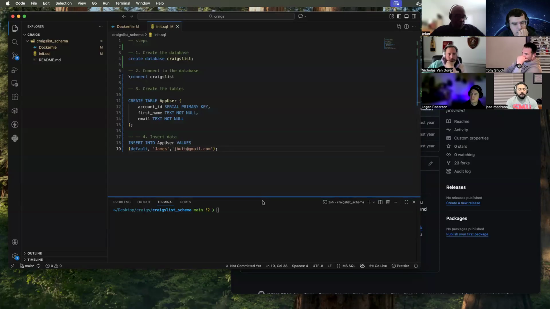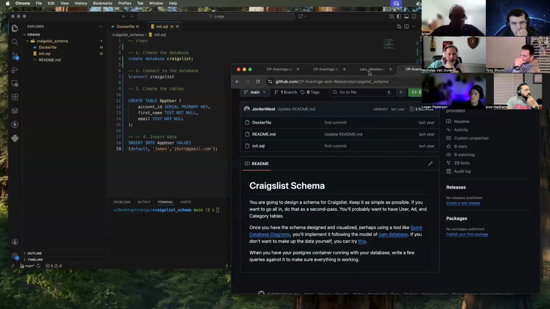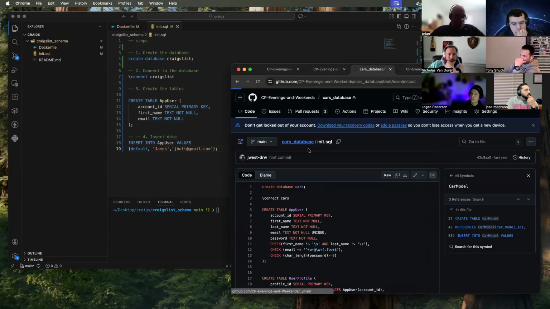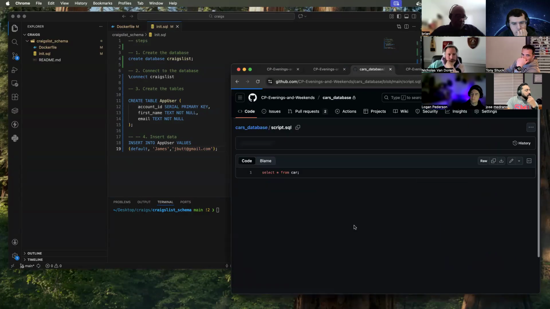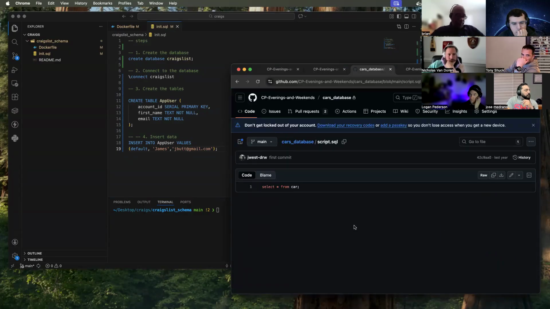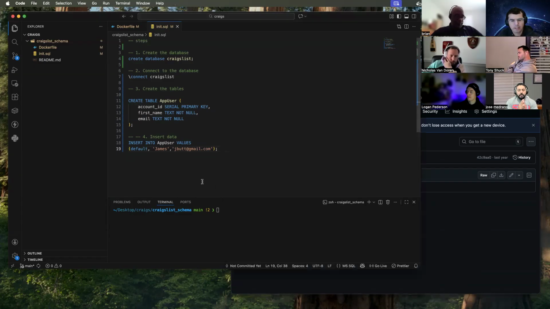So I think the script SQL on the cars database was just one table line. So it was just building it, not really building the tables, but queries, it looks like. So once you have your tables built the way you want them, okay, now you can,